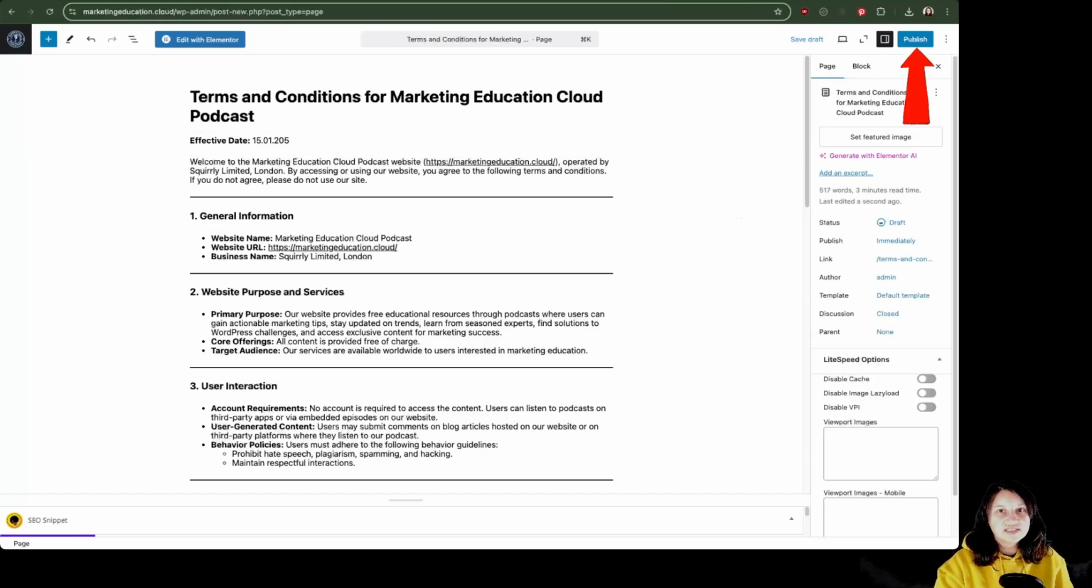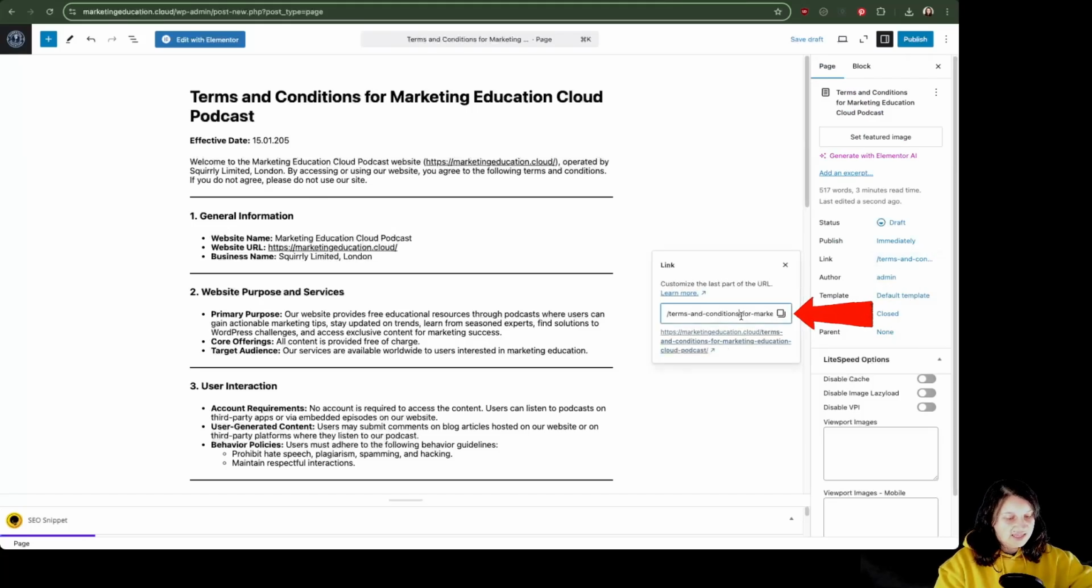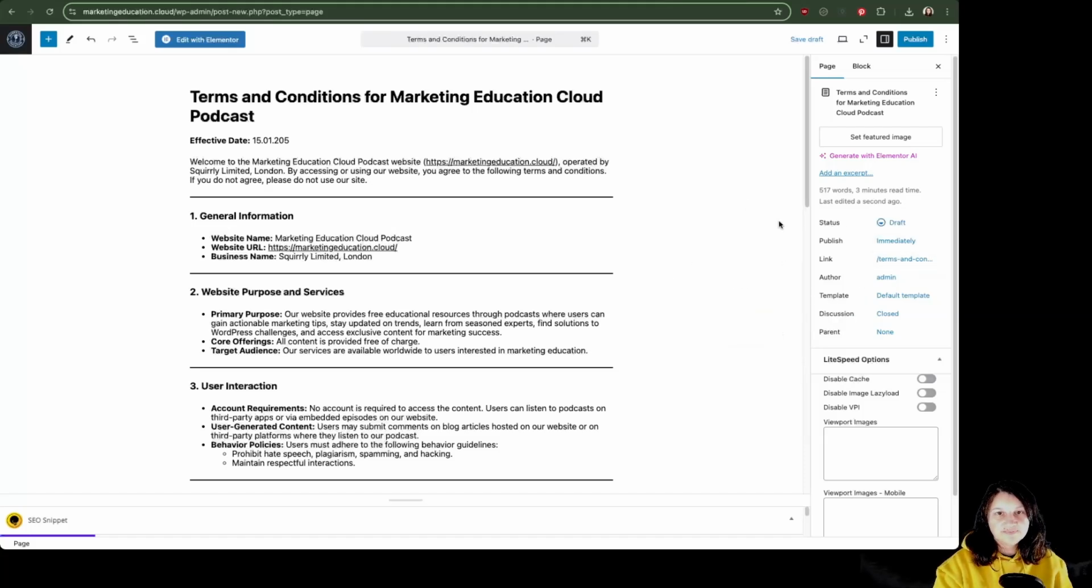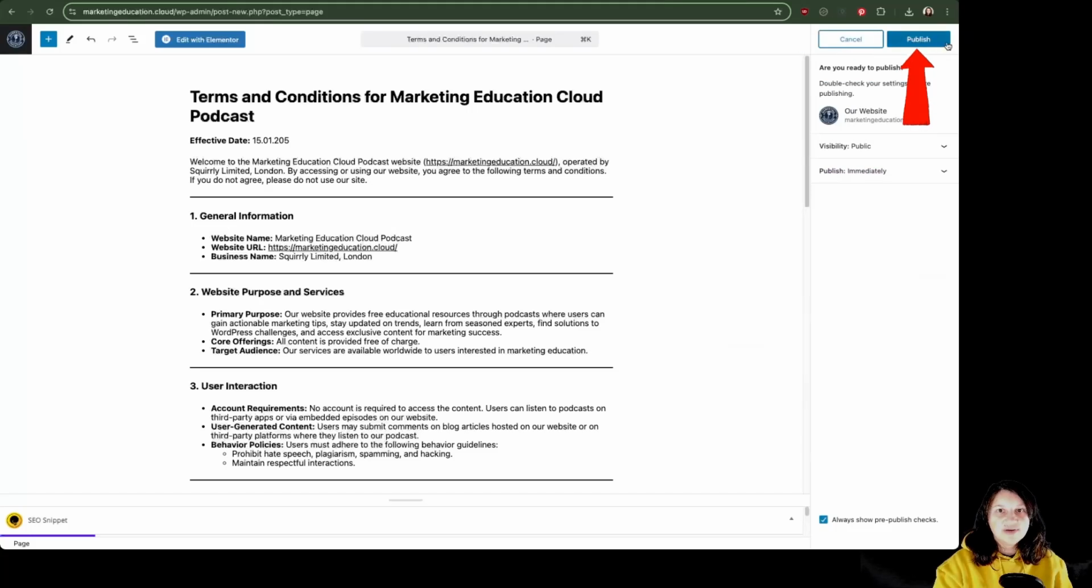Okay. And this is basically it. I just have to click over here on publish. In case I want to change the URL, it is over here. And I suggest you change it to simply terms and conditions or terms of use. So by clicking on publish,